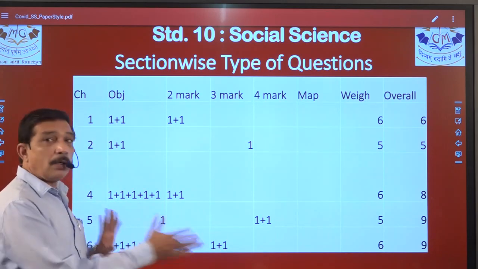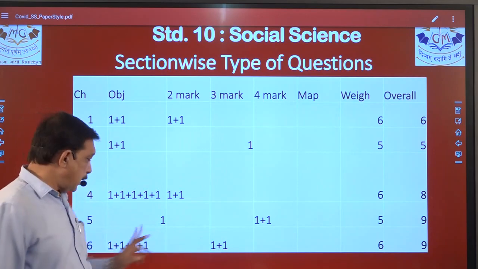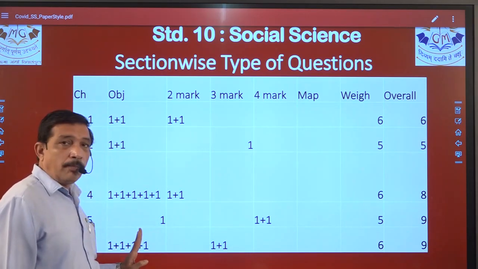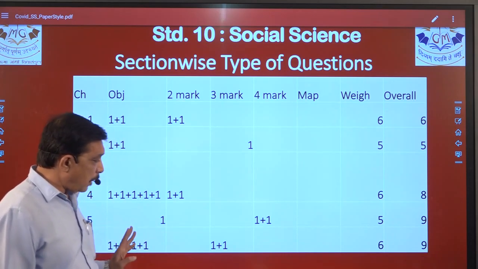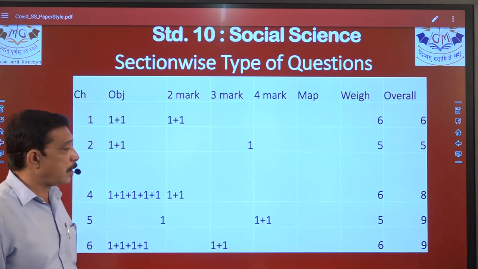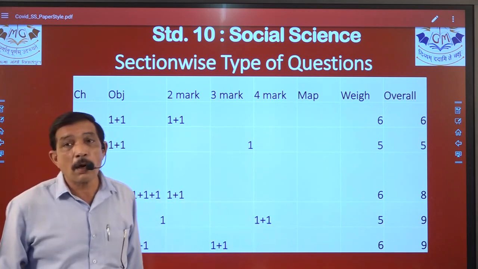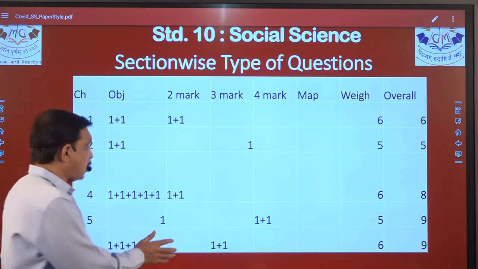Chapter number 6, again weightage can shift, but you will have a 3 mark question. 1, it can have 3 marks objective, or opposite, it can have 3 or 4 options over here, yes, of MCQ, and it can have one of the question over here. So weightage can shift somewhat, but 6 marks are fixed. That means 3 mark 1 question and 3 objectives. We will go in that way.